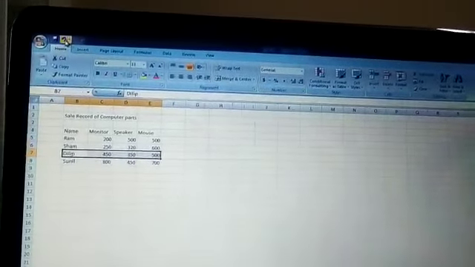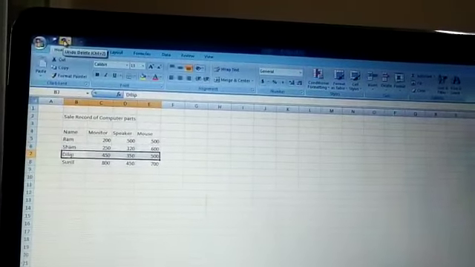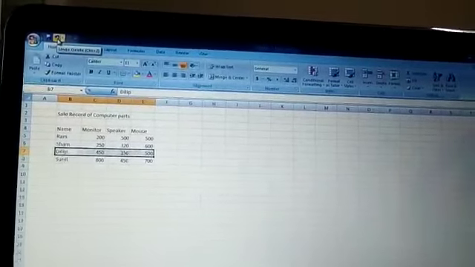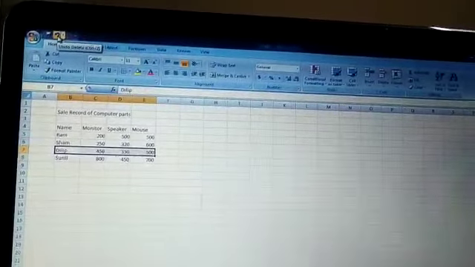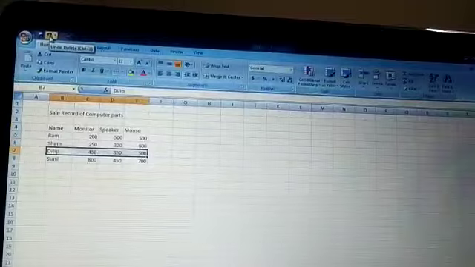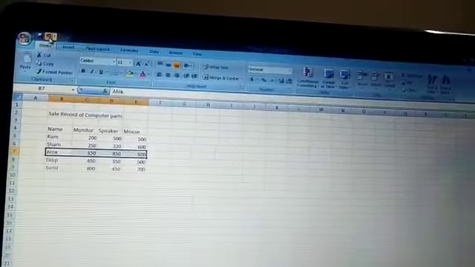On the quick access toolbar, which is here, the undo option is given. Undo delete. Just click on it. Whatever you deleted previously, it came back. I hope you can easily understand.